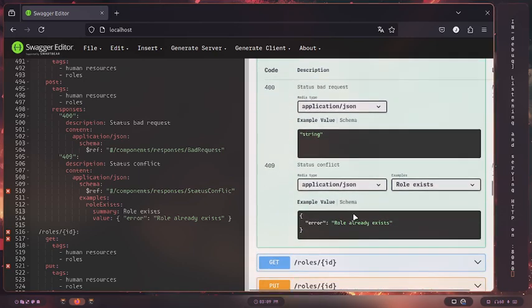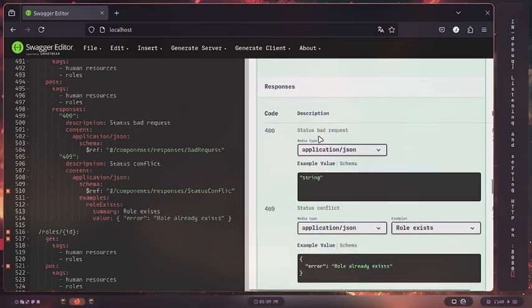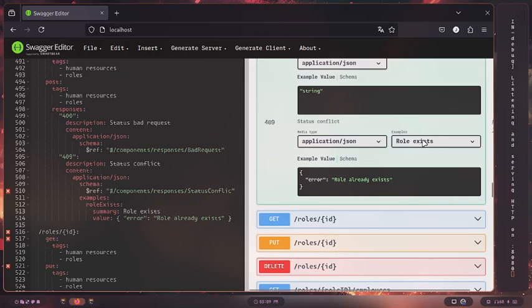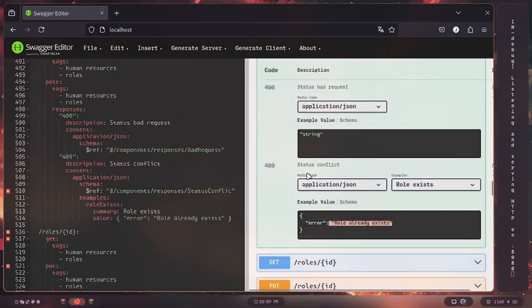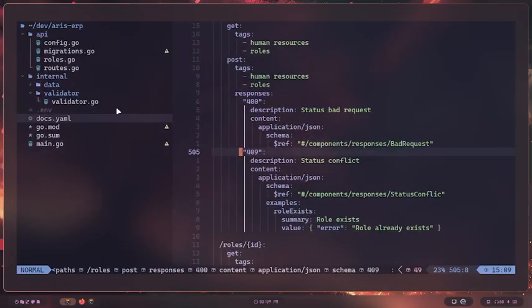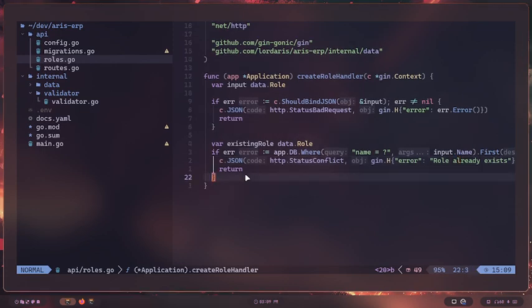So now you can see that I have the bad status request and the status conflict with a specific example, which in this case is role exists, and it shows that when the role already exists, it will return this kind of error or this kind of message. Okay, so going back to the code,